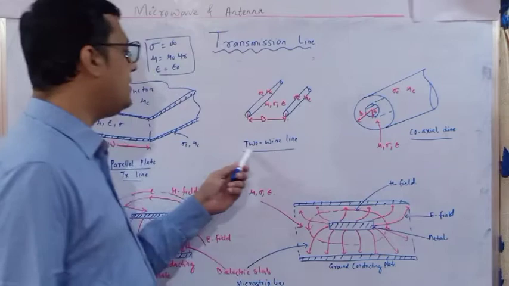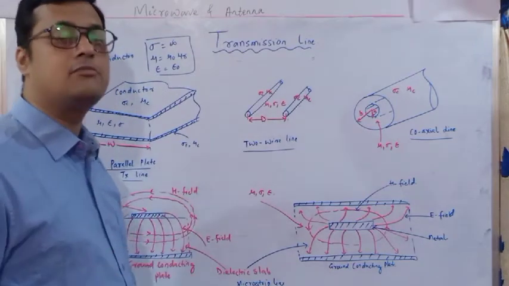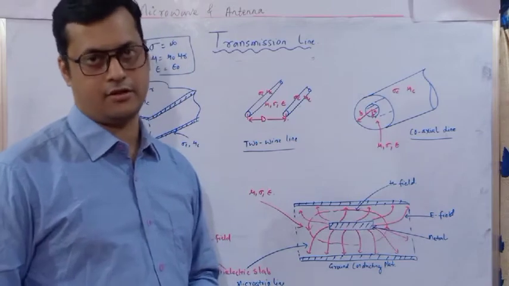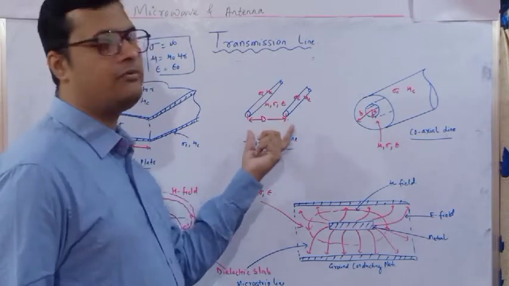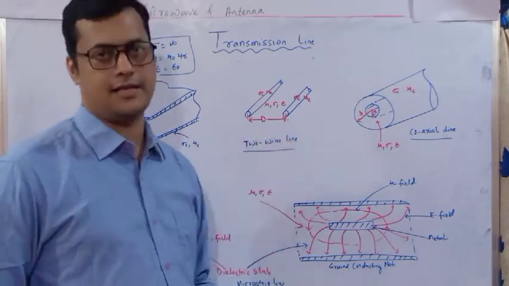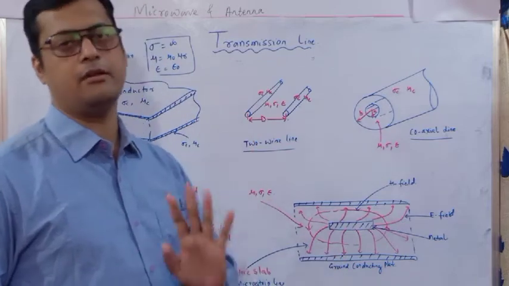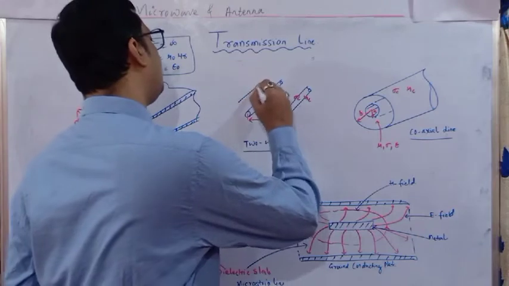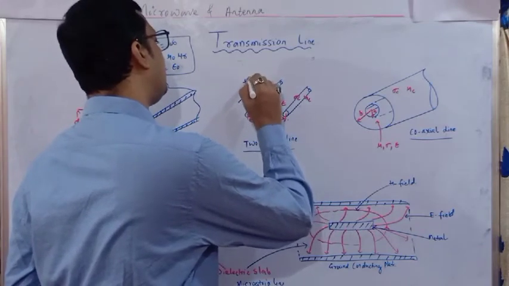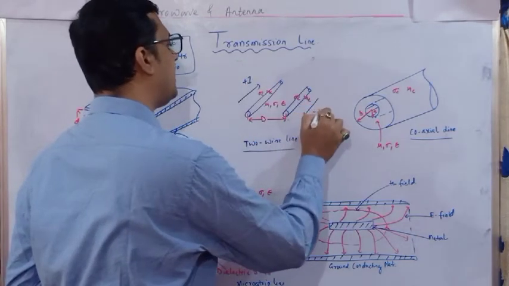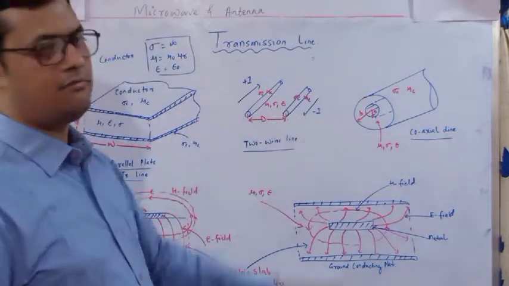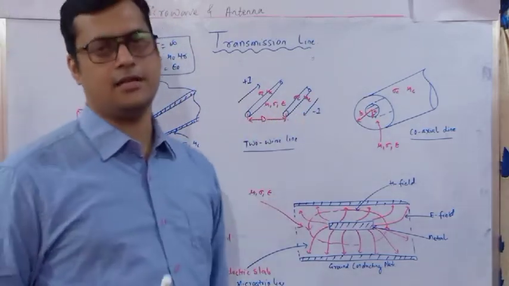Next, if it is a two-wire line or more than a two-wire line, how do we identify the RLGC parameters for that? If it is a two-wire line, that means it is a single phase line, meaning one will be positive and one will be negative. So if one is positive, current will move in this particular direction as plus I, and when it comes back I can write it as minus I. Okay. So this is plus and this is minus.